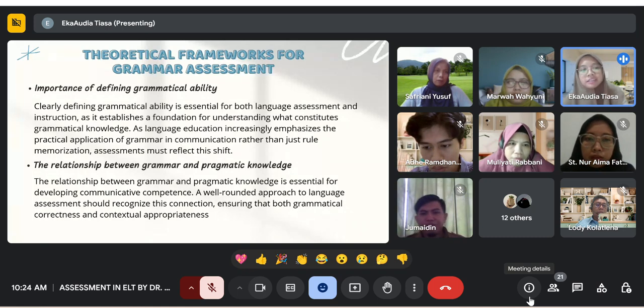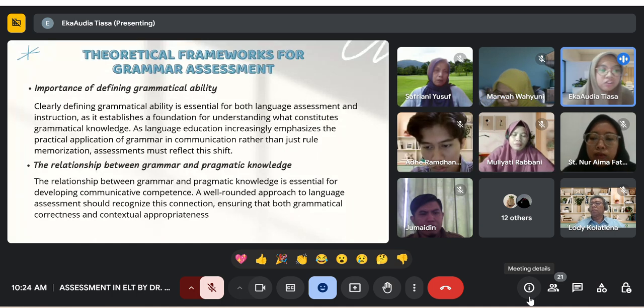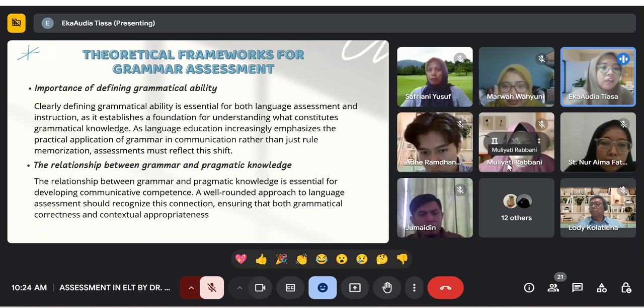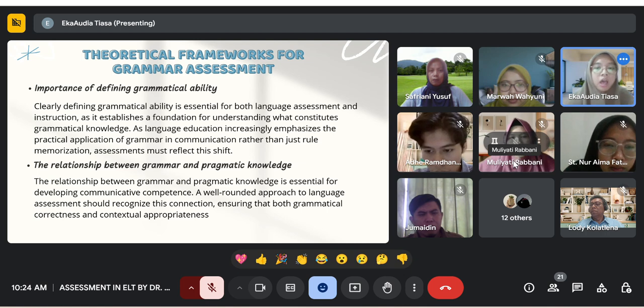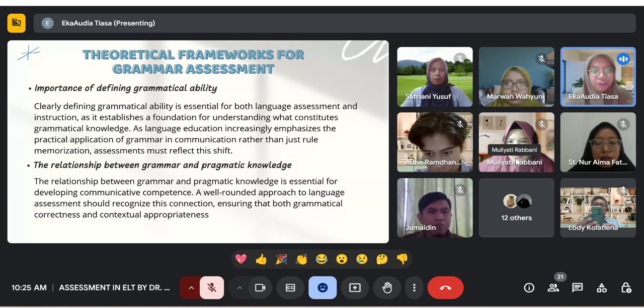The next is the relationship between grammar and pragmatic knowledge. The relationship between grammar and pragmatic knowledge is essential for developing communicative competence. A well-rounded approach to language assessment should recognize this connection, ensuring that both grammatical correctness and contextual appropriateness